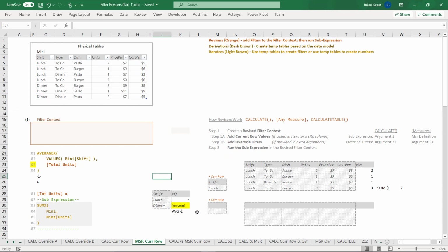Well, the definition for this particular cell is go run the measured total units. Well, the measured total units, it's a measure, so that means it's a revisor by definition. All measures are revisors. That's what a measure is, which means it has a sub-expression that it wants to run under a revised set of filters, a revised filter context. So whenever we see a revisor, especially calculate, but also measures, we want to, in our mind's eye, freeze that expression, the sub-expression, because we want to remind ourselves this is only going to run after the measure revises the